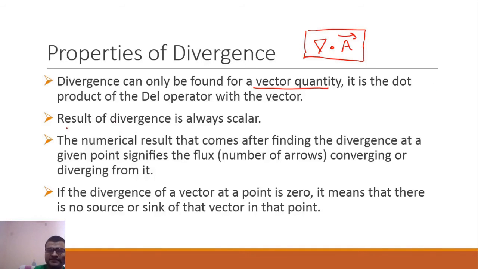The result of divergence is always a scalar. That is the second important thing that you should know. And the other things that I have already told you with the help of the previous diagram, that divergence can be positive or it can be negative. The positive divergence will show you divergence and the negative divergence will show you convergence. And the zero divergence will tell you that the quantity over which we are trying to find out divergence has neither a source nor a sink. So it's a sourceless and sinkless quantity, like magnetic field.